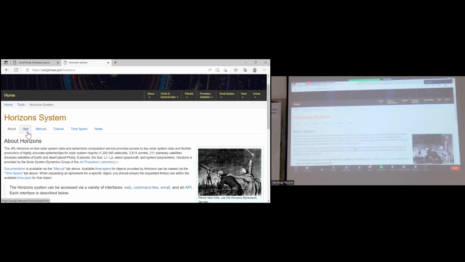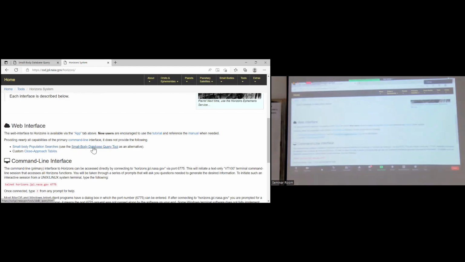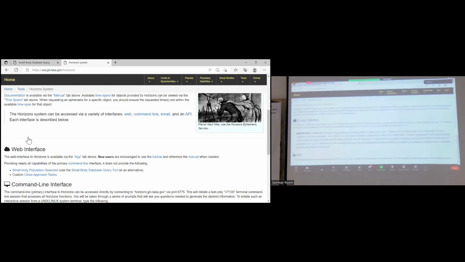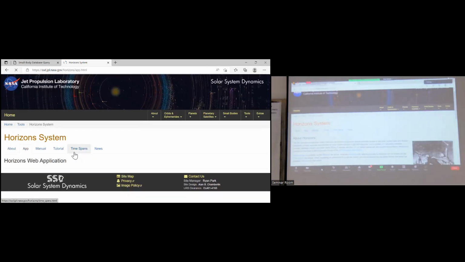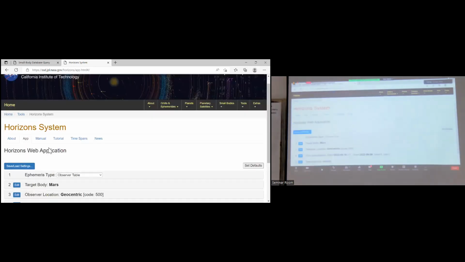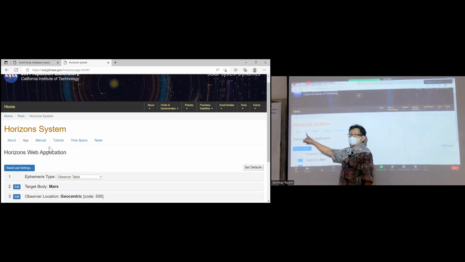Okay. You choose the second menu, app, Horizons system, app.